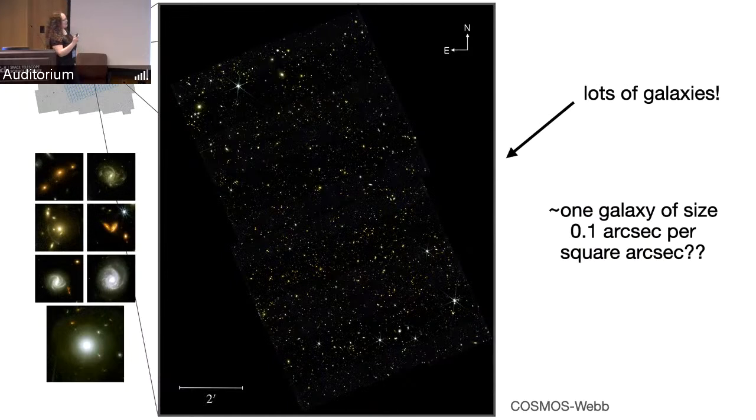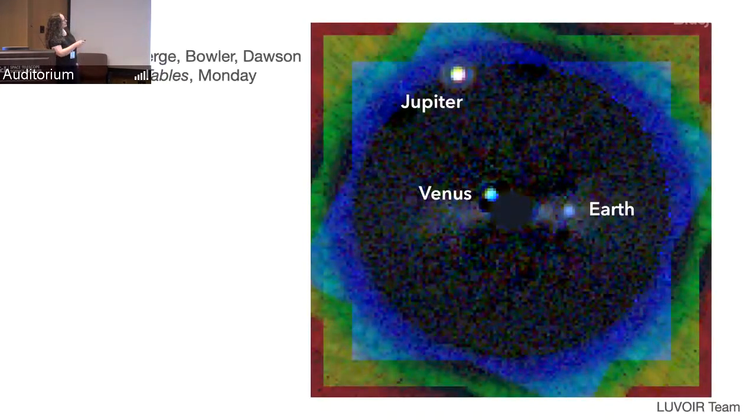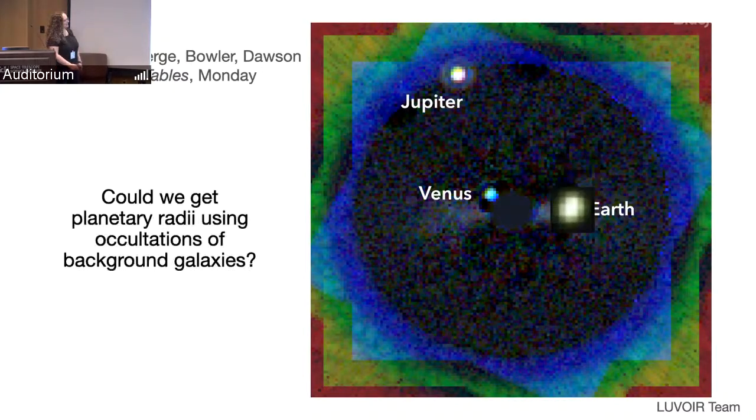Yay. Okay, there are lots of galaxies. We've seen this, right? There are tons of them. Okay, so this is who was at lunch. If you take this thing and you guess what should be in there, there should be a galaxy in every one of these. And then if you look a year later, it'll have moved. So, can we measure the planetary radii using occultations of background galaxies? Okay, that's it. That's my simulation.